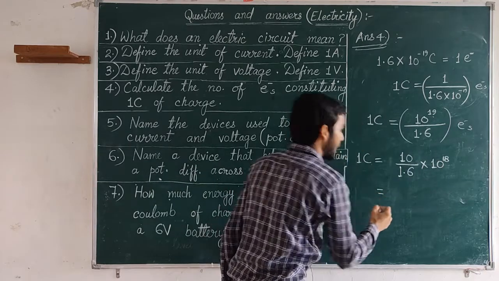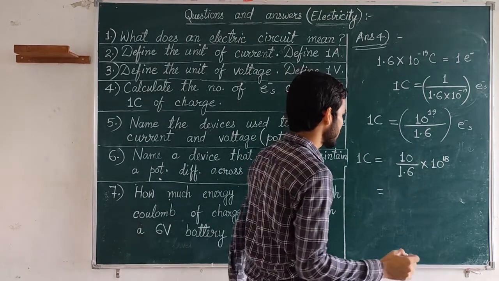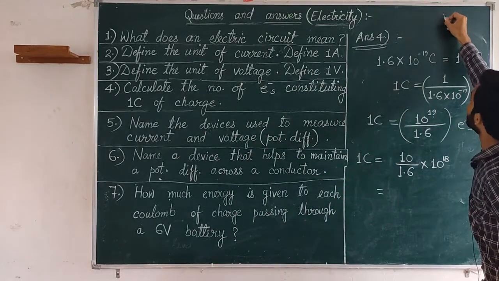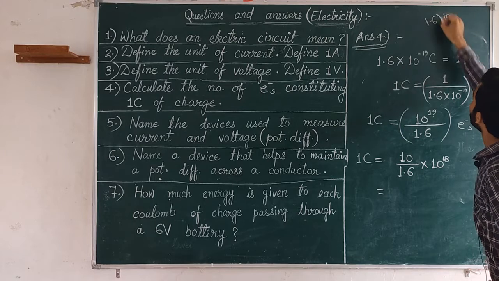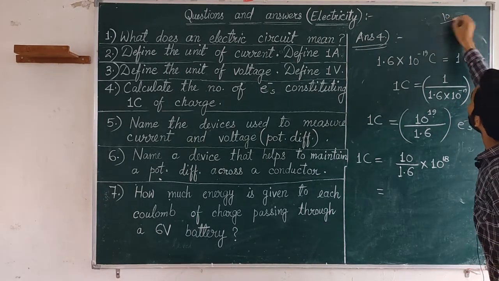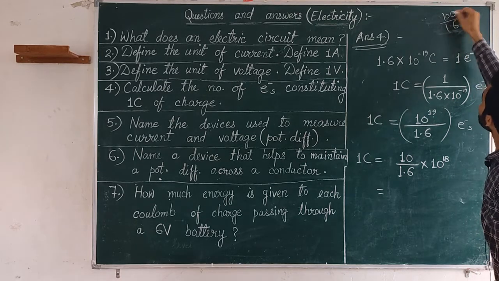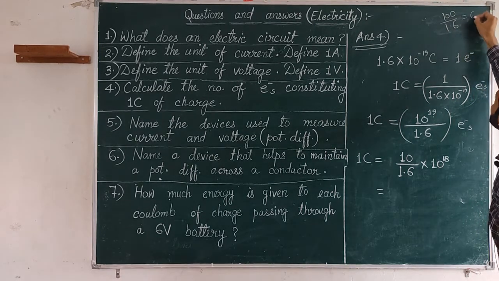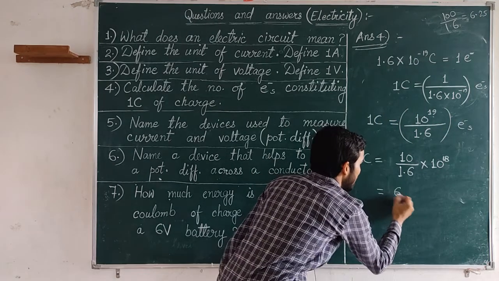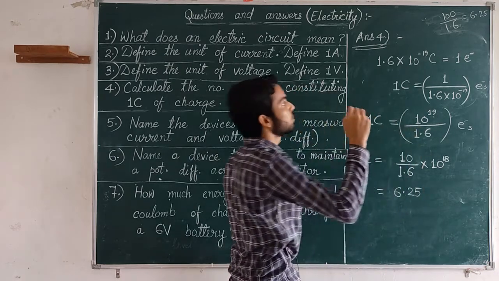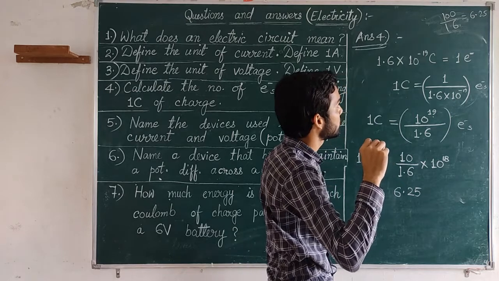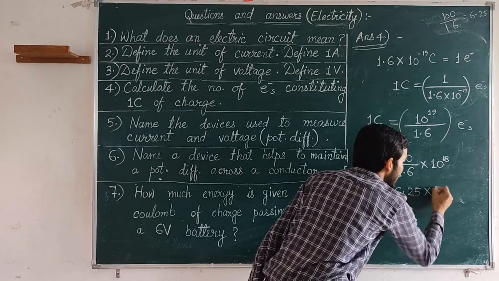So on dividing 10 by 1.6, what will come? 6.25 into 10 to power 18